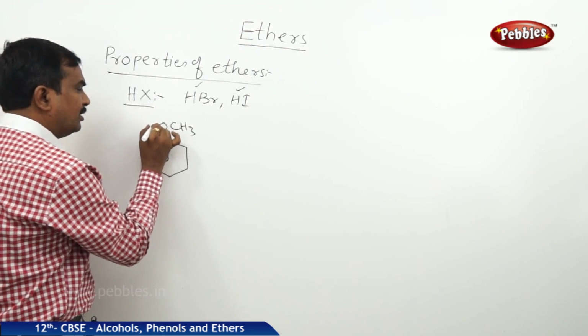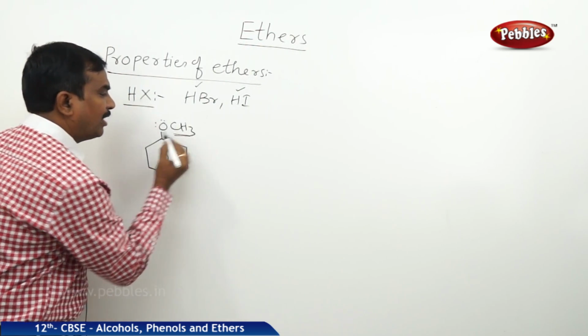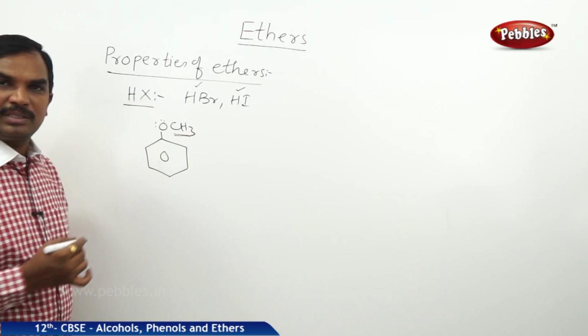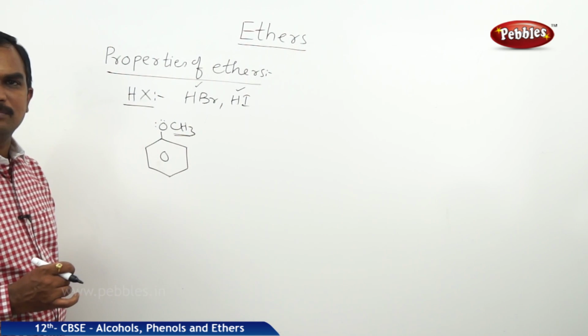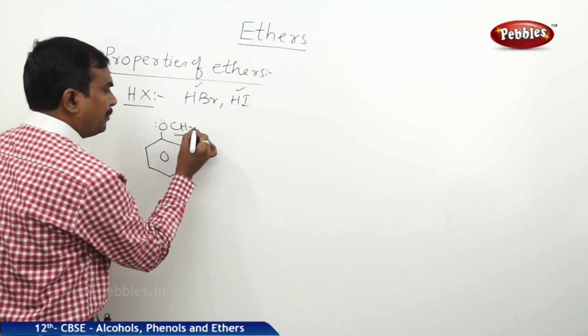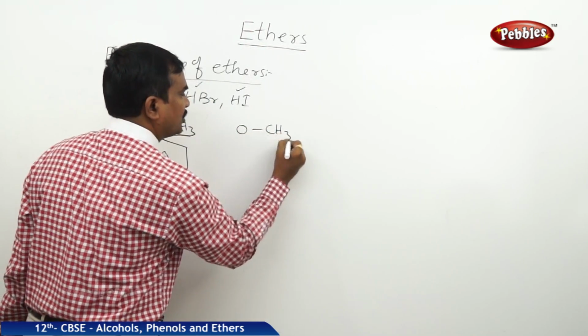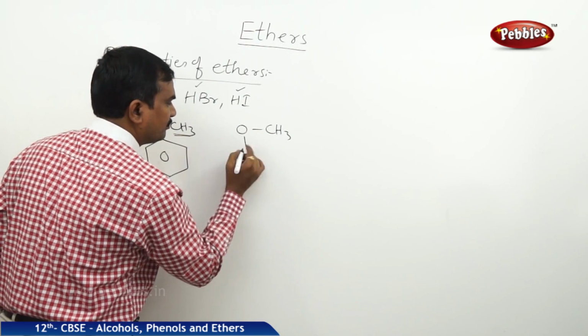Now if you take this here, among these two, this is having less number of carbons. This is having the more number of carbons along with the corresponding conjugate system which is aromatic system. Now if you take this particular bond which is present between oxygen and carbon of CH3 and oxygen and carbon of the benzene ring,